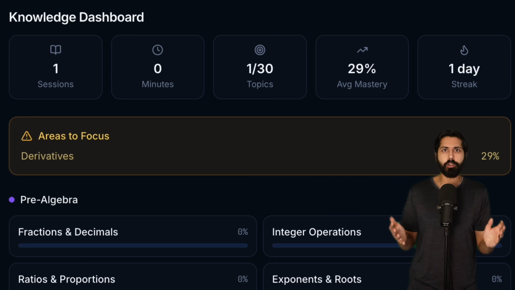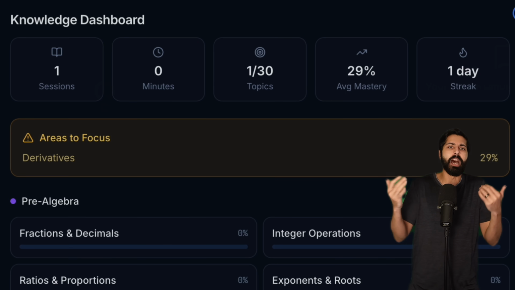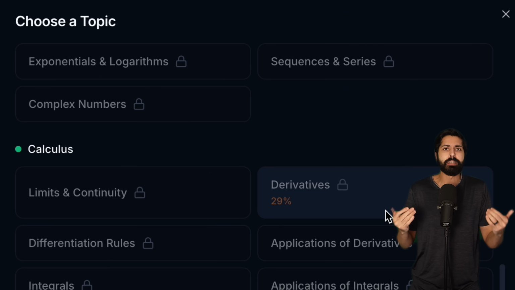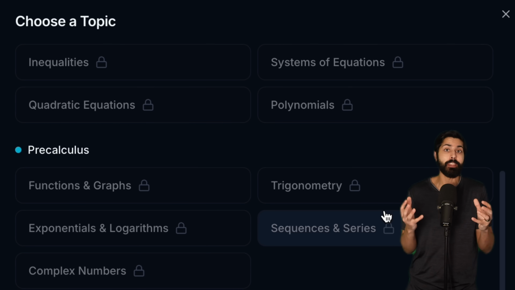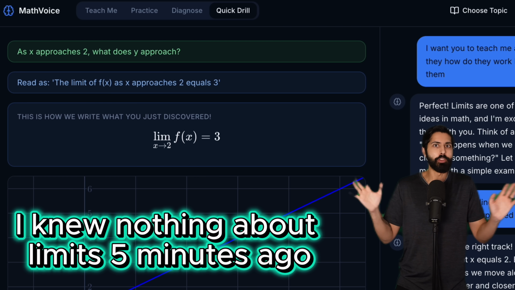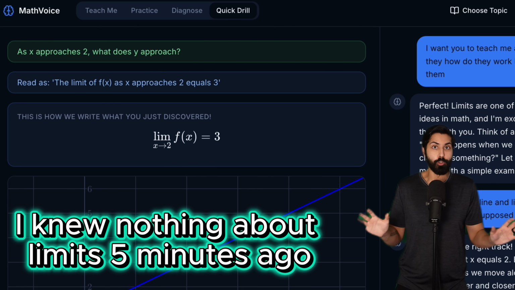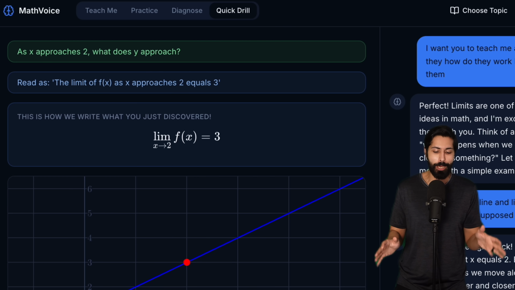Math is really difficult for humans to learn in general. Our biology is, for some reason, not wired to really understand it so easily, but we should, because it's the source code of the universe. And so anything we can do to hack math learning, we should, because the more we learn math, the more powerful we are, the more capable we'll be in this coming world. I love this. This is definitely the best way I've ever learned math, better than any math tutor out there.